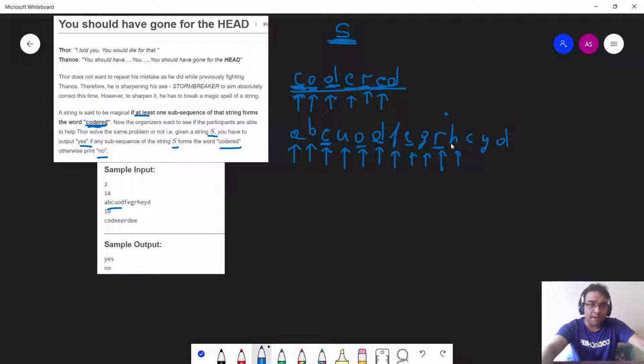Then you'll compare H with my D, but it is not equal. So I'll increment the down pointer. Then you compare your E with your D, but they are not equal. So I'll increment the down pointer only. If you compare Y with D, it is not equal. And finally, when I compare D with D, it turns out to be equal and hence you are able to